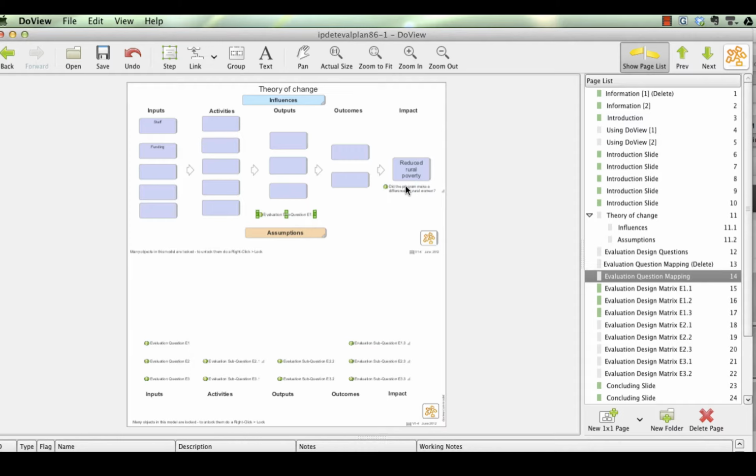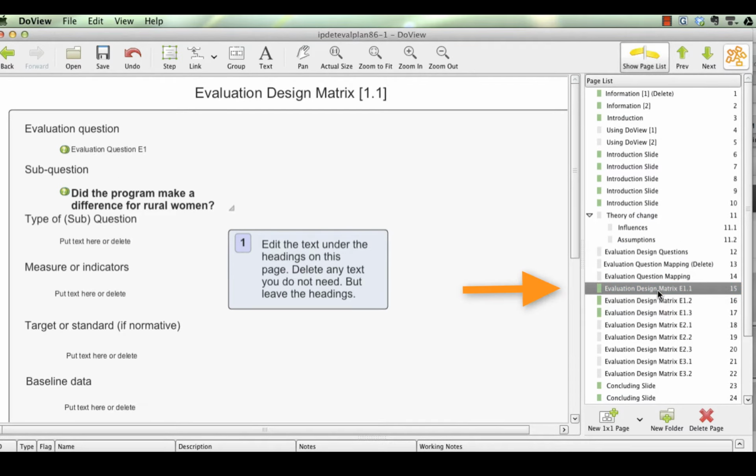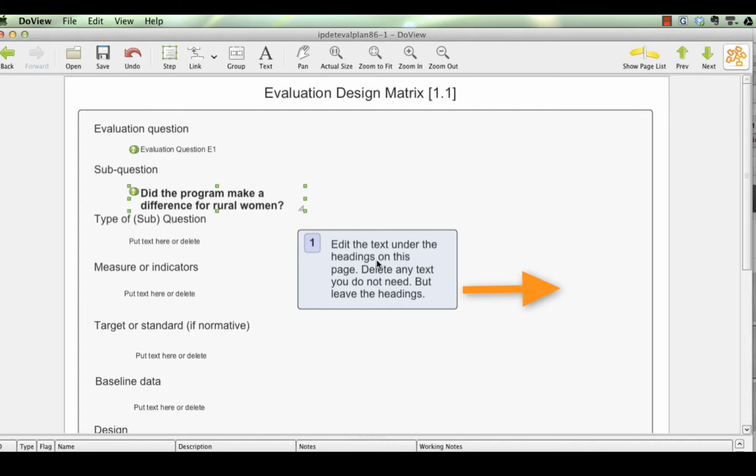thing which they're measuring. If we return to our evaluation design questions page, we would have marked up all of these questions, or we may not have 9 of them, we may have a smaller number. These appear as clones on the evaluation design matrix pages. So here is the evaluation design matrix page. It's a good idea to keep those reference numbers in there, just so we know which evaluation question we're talking